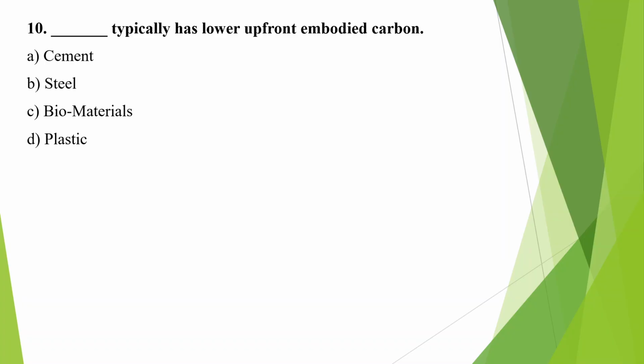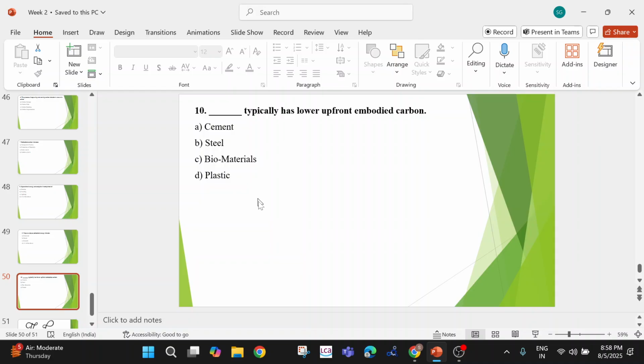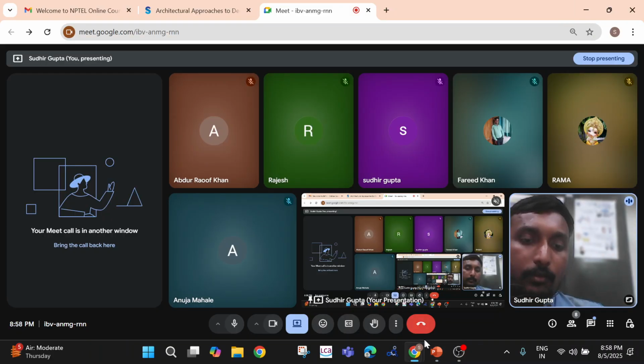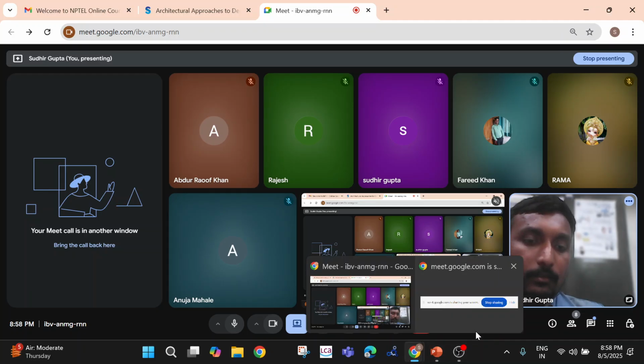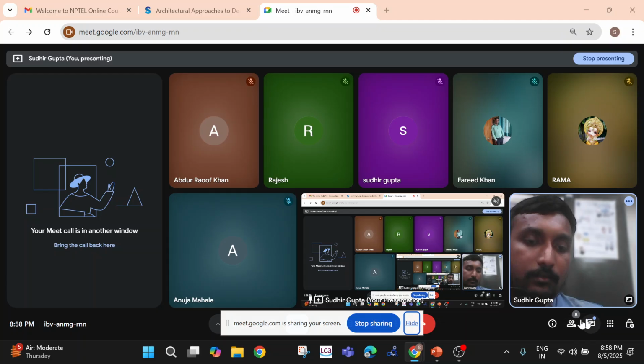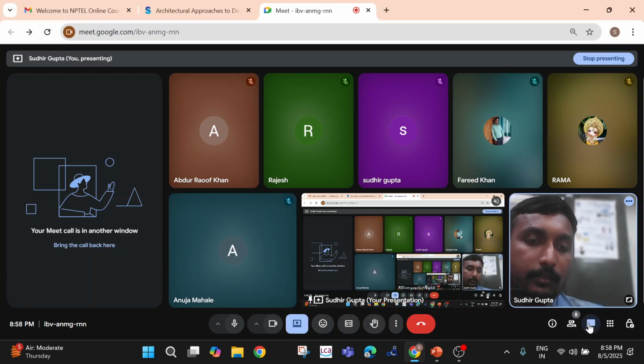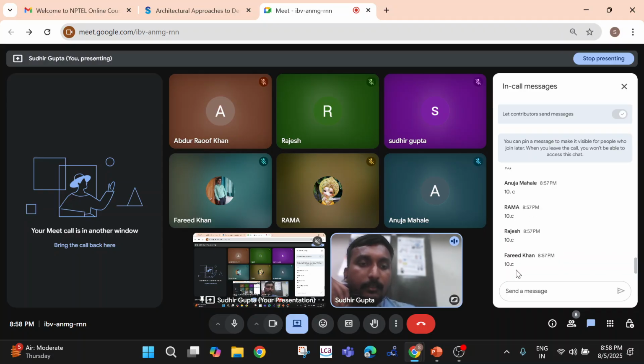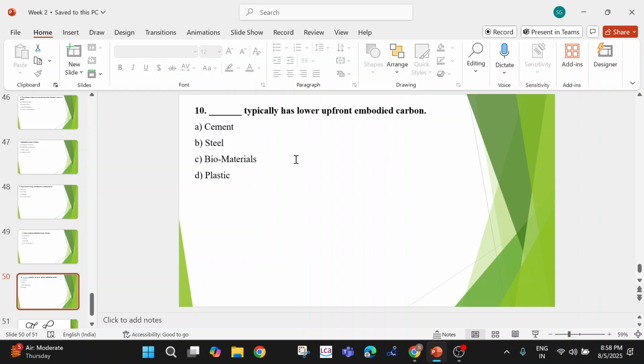All of you try to give an answer. As I can see, it hardly takes a minute for you to answer the previous year assignment questions. Similarly, if you have revised the concept, let me see how many of you have answered. You can see everybody has opted for option C, which is the correct answer for this question.